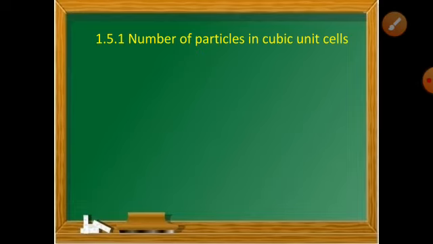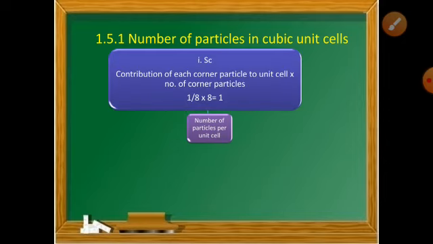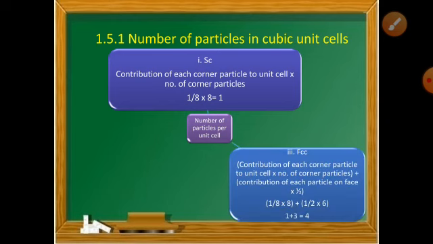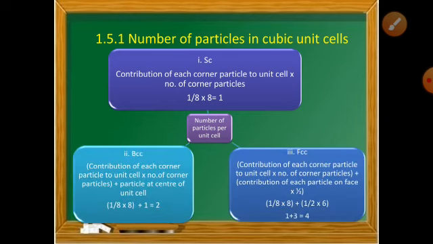So definitely the contribution of the wall is not... half for your hall and half for the other flat's room. So definitely 6 multiplied by half, you will get 3. The actual contribution is not 6, but 3. In the same way here, the number of particles in a unit cell is 1 in an SC, 4 in an FCC, and 2 in a BCC. Why it is 1 in an SC, that we'll see.